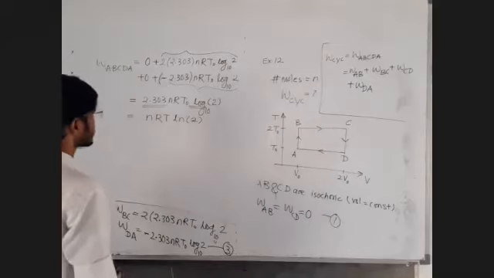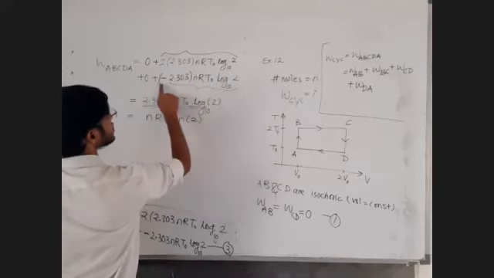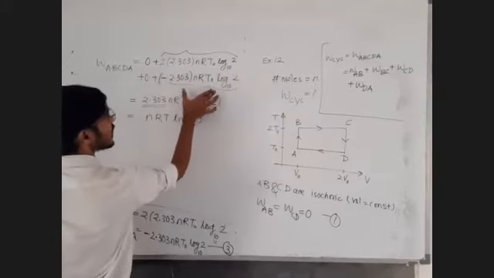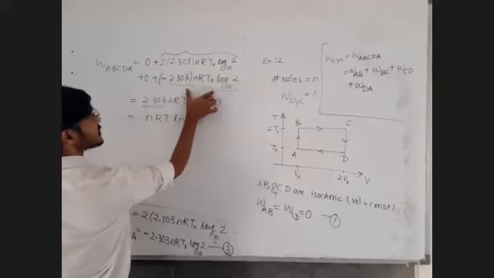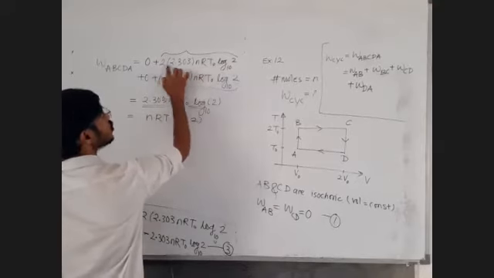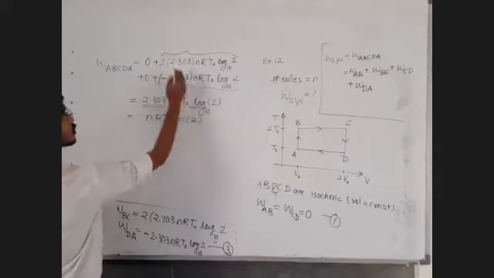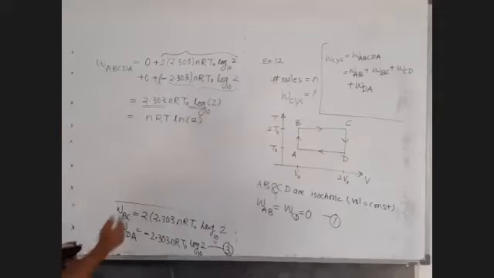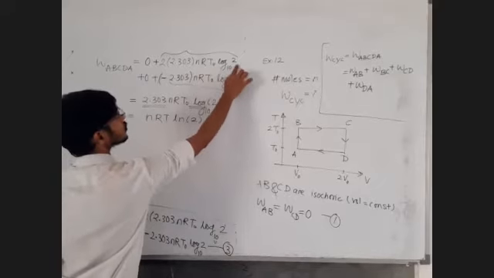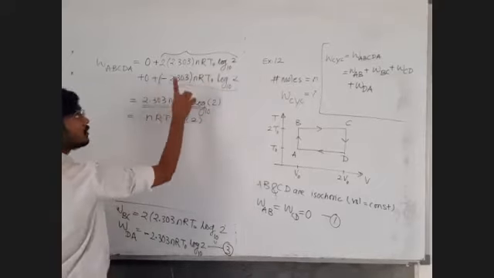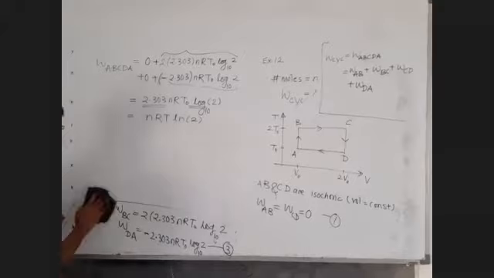Okay, now the last step. In the last step, what we did, see, this entire term and this entire term are the same. If we call this value, 2.303 nRT log to the base 10 of 2, as x, then this will be 2 times x. So 2 times x minus x will be x. We have just done the subtraction. Or you may take this 2.303 nRT log to the base 10 of 2 common. 2 minus 1 will be 1, so this common term into 1 will remain as it is. Okay, fine. Hope it is clear now.